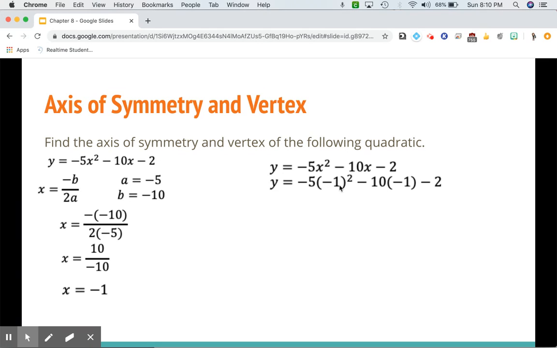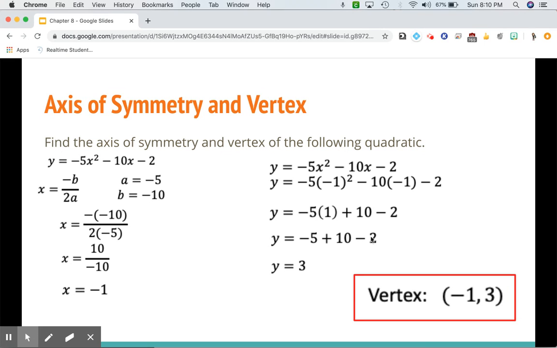first, so negative 1 squared is going to become a positive 1. Positive 1 times negative 5, and then here you're multiplying negative 10 times negative 1, which is going to be a positive 10. Simplify more, so you have negative 5 plus 10 minus 2, and that simplifies to 3. So now you have y equals 3. So the two values together give you your vertex point at negative 1, 3. So your axis of symmetry is